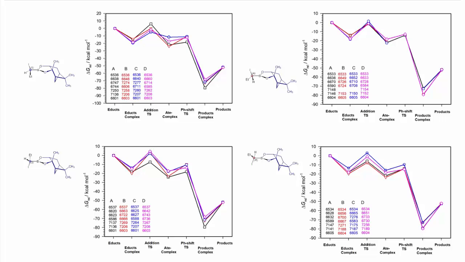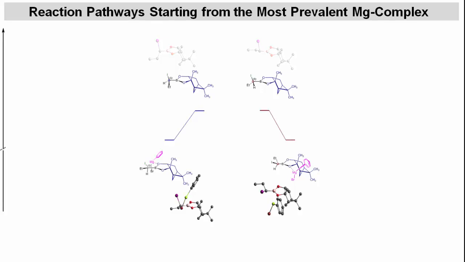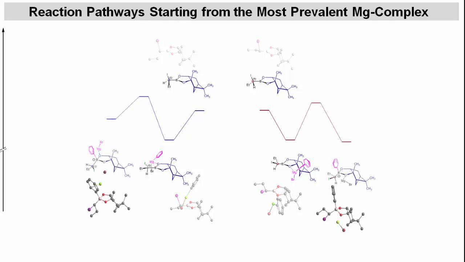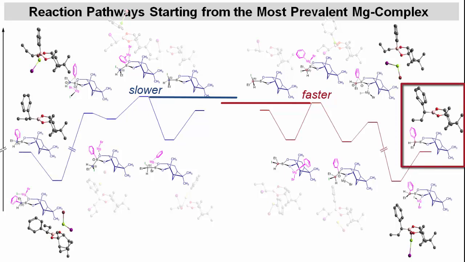The good news is that all of these pathways show very similar profiles with respect to the rate-determining step. Therefore, let's just compare the 2 which start from the 2 most stable and thus most prevalent magnesium complexes. Those magnesium complexes are predicted to react further to the expected ate complexes. And the energies for the calculated transition states do suggest that this happens faster for the ate complex that is leading to the epimedicine product. And since all subsequent transition states are lower in energy than the ones leading to the ate complexes, it is reasonable to believe that this is the origin of the diastereoselectivity.